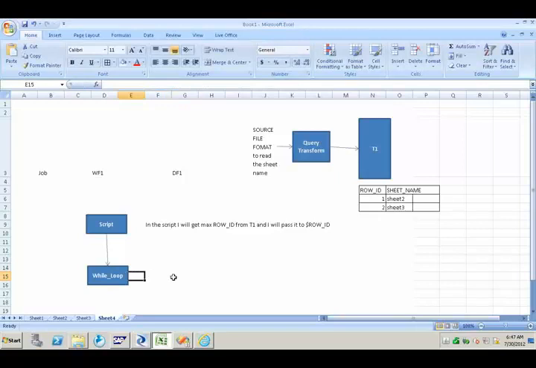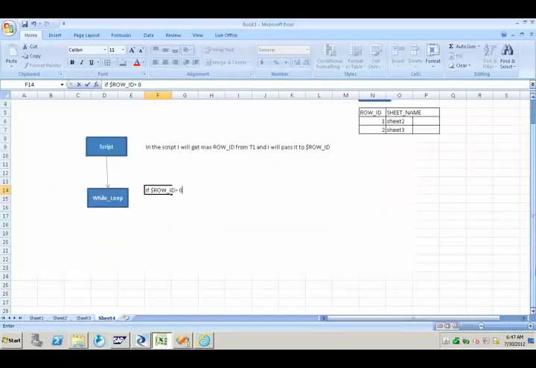Next, in the while, I am going to check if $row_ID is greater than 0. Then process the while loop, or else exit.